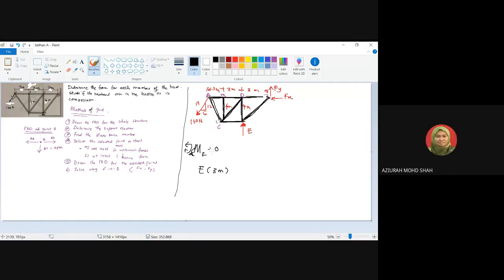Negatif. Ya, negatif because we assume counterclockwise and for E it tends to rotate clockwise. Okay, bagus. So the next one kita ada apa? Kita ada ni 130 Newton. Okay,